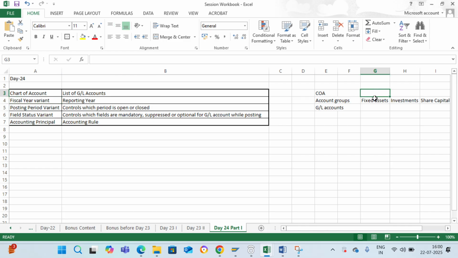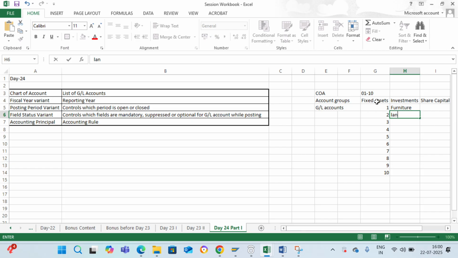As an example, let's say the account group for fixed assets has the number range from 1 to 10. Then we can create 10 GL accounts under the fixed account groups like 1, 2, 3, 4, 5, 6, 7, 8, 9, 10, which could be as an example like